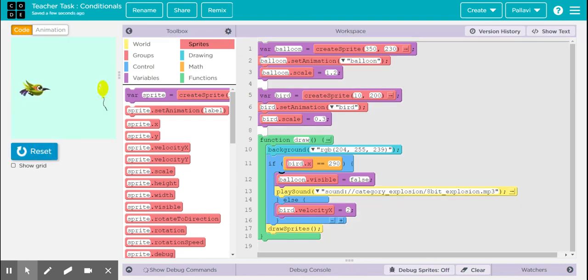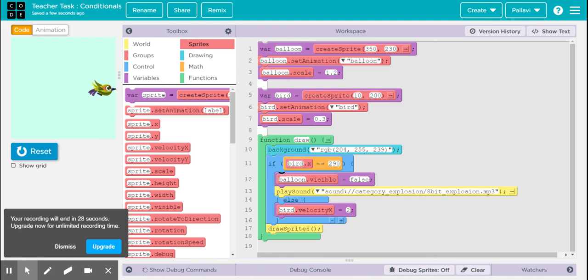So that's how you can use if and else statements, or if else if statements, and bring more versatility in your complex codes.